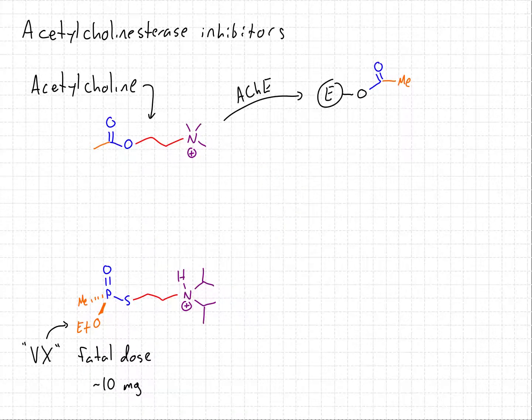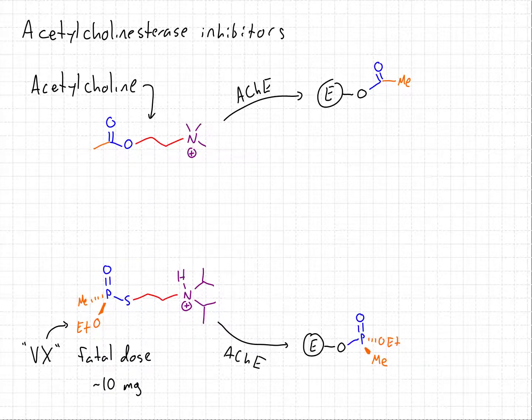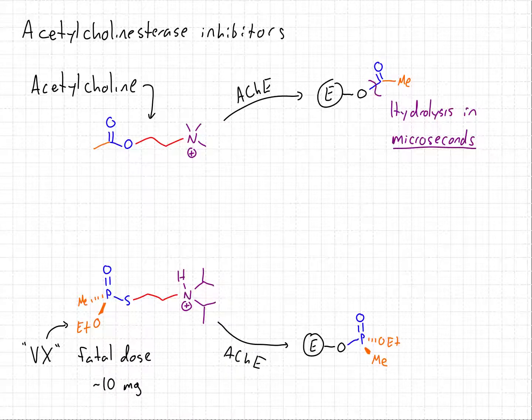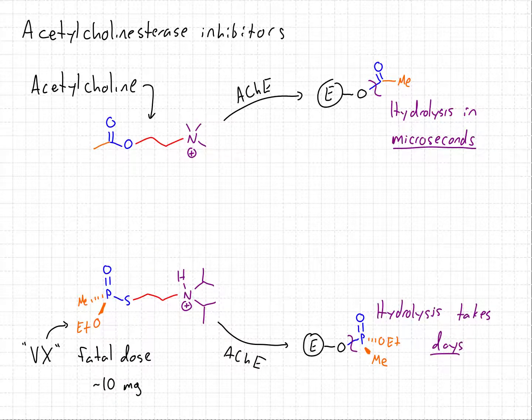When acetylcholinesterase binds, it transfers the acyl group to the enzyme. When VX or another molecule like it binds, it transfers the phosphate group to the active site. While the acetyl group can be hydrolyzed in microseconds, the phosphate group takes days to hydrolyze. That means this effectively permanently inactivates the acetylcholinesterase enzyme, which means that acetylcholine builds up in the synapse, causing continuous